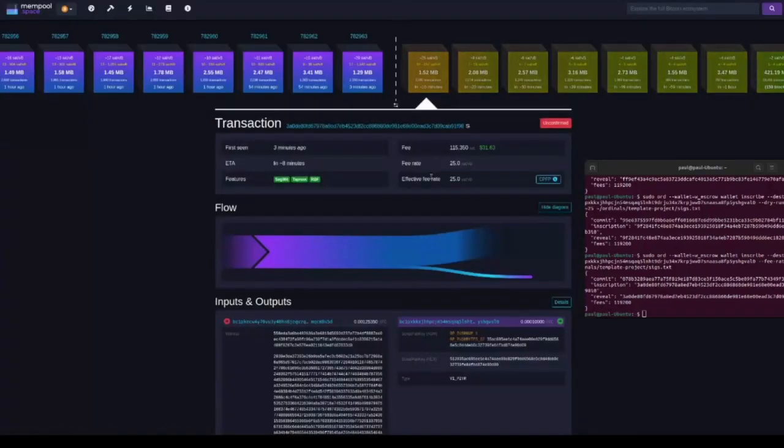So what I want to do is let this mine. I want to let somebody pick this up, which should probably be in the next block. I'm seeing like 16 is the lowest. So we're at 25. We should be fine. So once that's done, I want to possibly have you screen share Sparrow, and I just want to show you how to use Sparrow a little bit. Yeah, cool. Once you have that inscription living in your Sparrow wallet. Yeah, I was going to say,